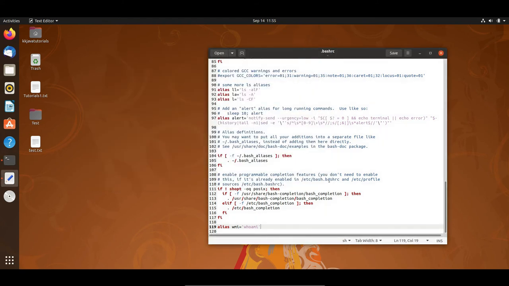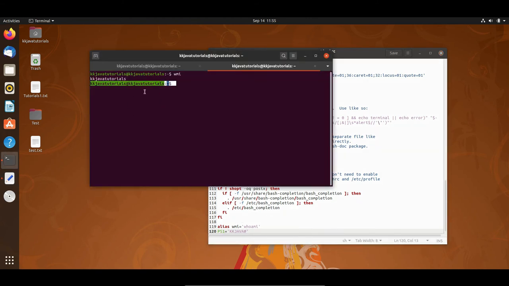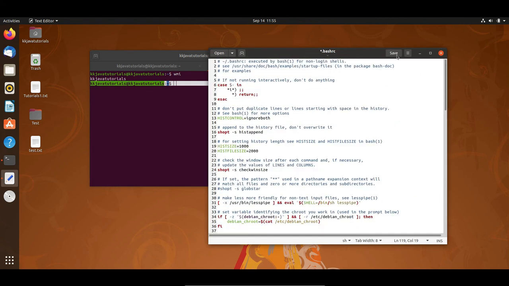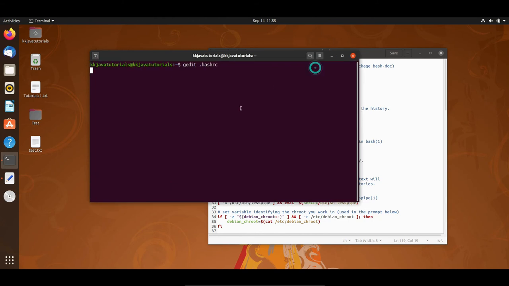Let's say here I'm going to customize this one. So I will write PS1 equal to, in single quotes, KK Java and then hash. So now if I open the terminal, instead of this stuff it is going to display KK Java hash sign. So let me save this bashrc file, and now I'm going to open a new terminal.